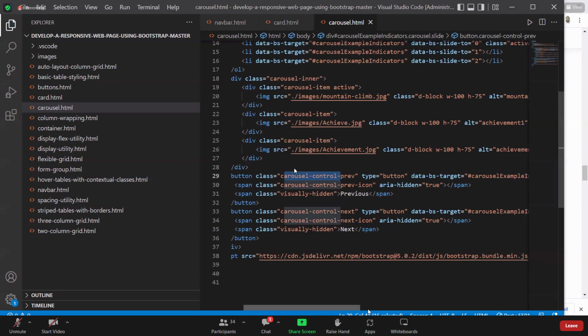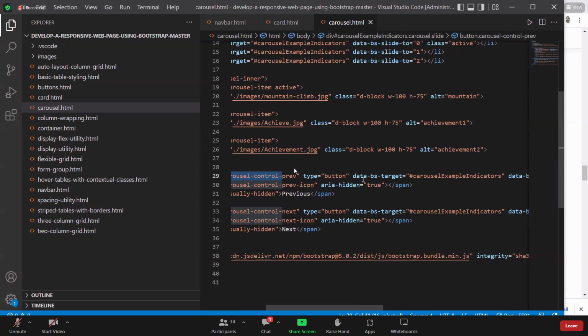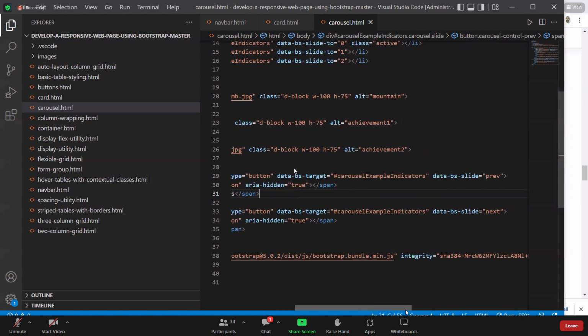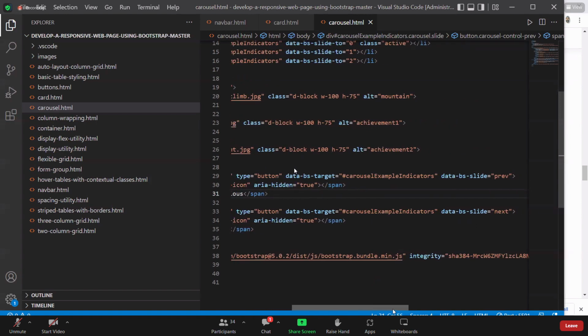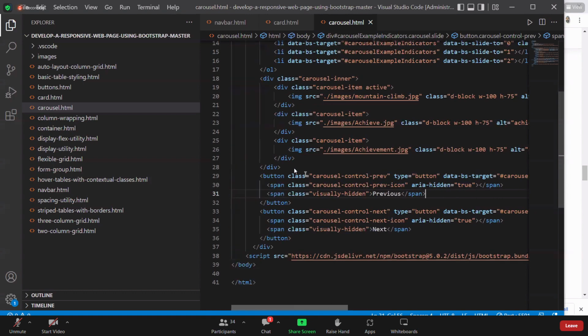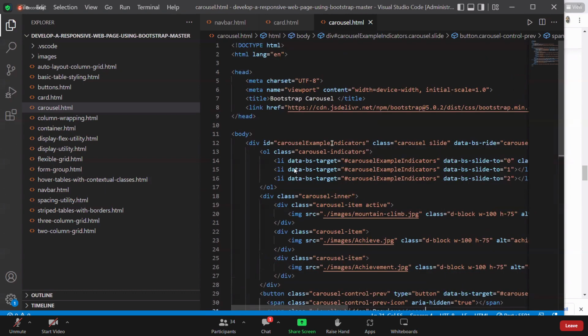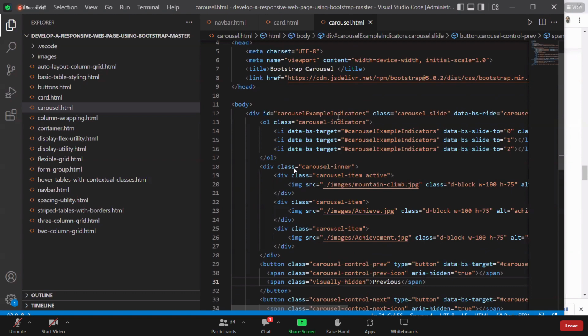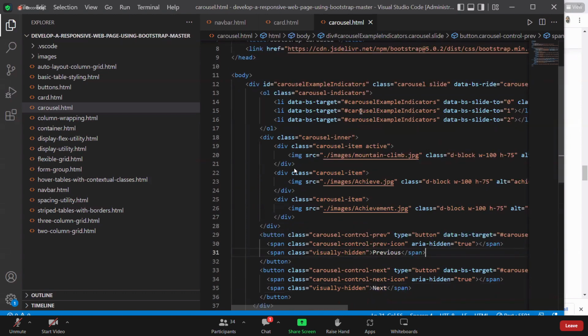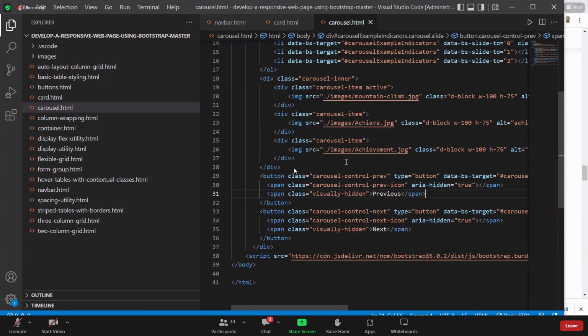And the next thing is, type is button. There is a data-bs-target. Can anybody tell me what it is telling? So data-bs-target is carousel example indicator. Any idea what this will do? See, where is the carousel example indicator? This one. Carousel example indicator means the 3 dots. So any dot you press, it is going to, for that button,